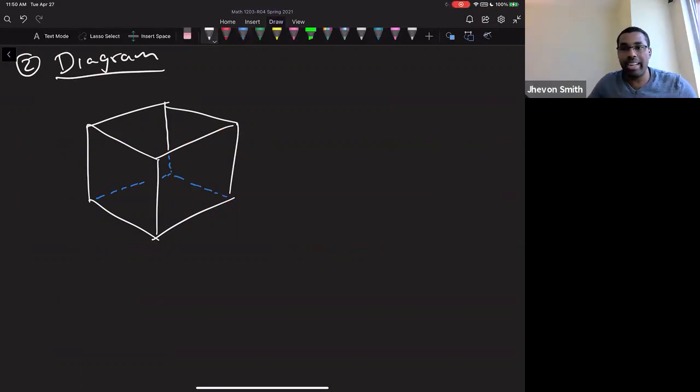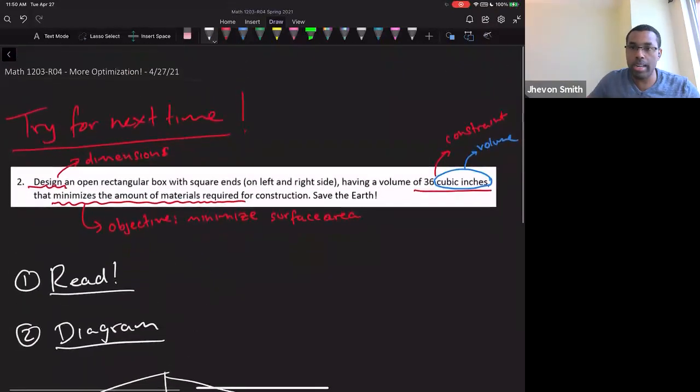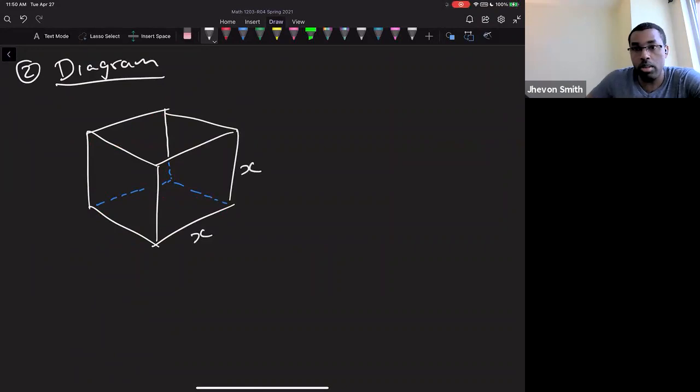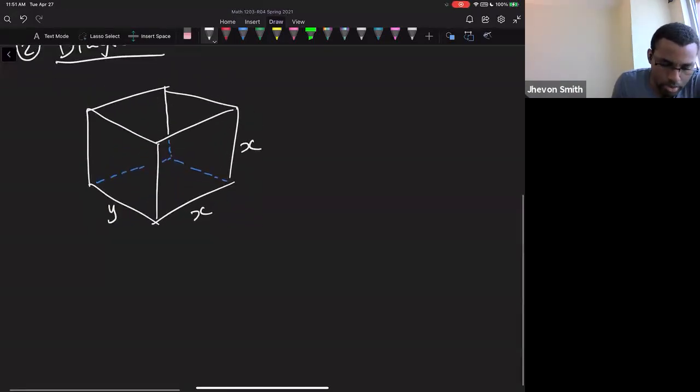We're also told that it has square ends. The left and right side are squares. So that means when labeling, I would want to use the same variable to label the left and the right, whereas the front length, I would call it something else because we weren't given any information on that. So that's the left and the right side. So that's our diagram. So now we move on to step 3,